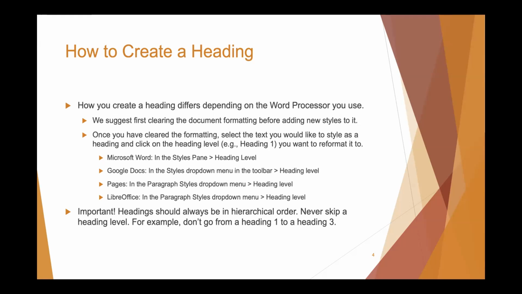In Microsoft Word, you apply a heading from the Styles pane, which is located in the Home toolbar. This is different in Google Docs, where you select the heading level from the Styles drop-down menu in the toolbar. And in iWork Pages, if you have a Mac, you use the paragraph styles, which is in a drop-down menu on the right side of your word processor. And in LibreOffice, you select the heading level from the paragraph styles drop-down menu in the toolbar at the top of the page. So all a little different, but all kind of have the word styles in there. So that's what you're doing.